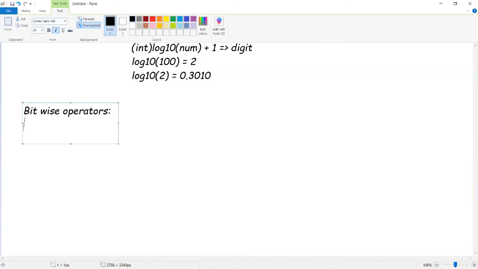Bitwise operators, the name itself indicates that the operation is performed bit by bit. Bitwise and, bitwise or, XOR and negation. In my training, I would like to deal more with the XOR.